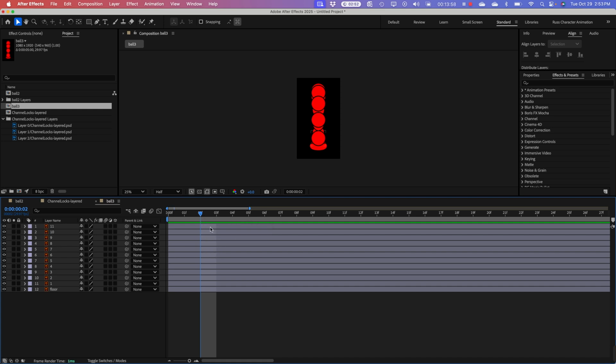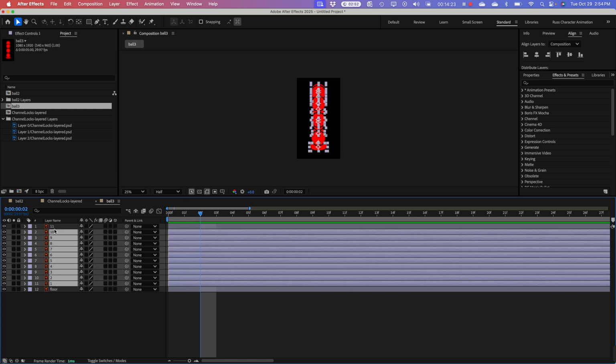The 3rd frame is actually this gray area between 2 and 3. So 0 to 1 is frame 1, 1 to 2 is frame 2, 2 to 3 is frame 3. So I want to place my playhead right there,